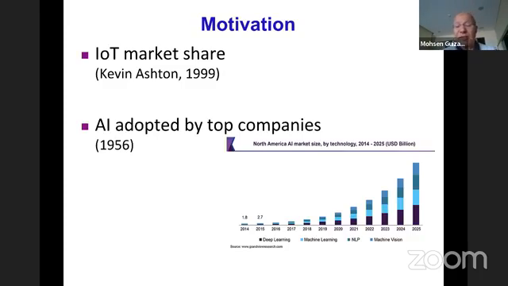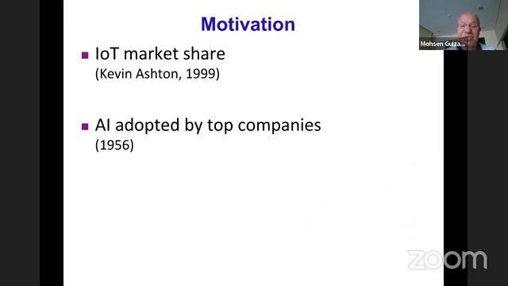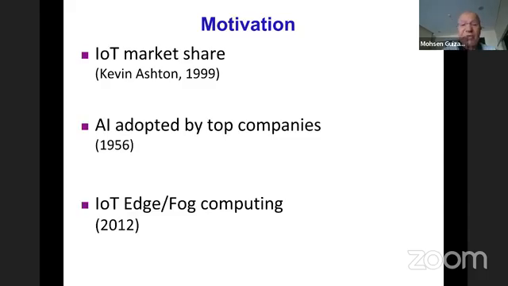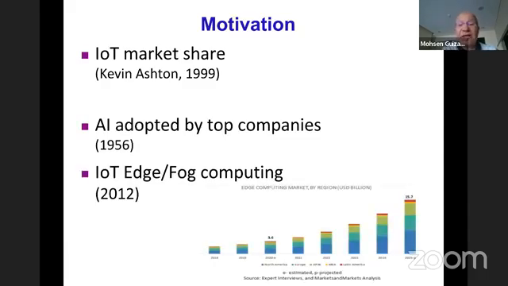As you can see in this chart, it has evolved and has included deep learning, machine learning, NLP, and machine vision. And IoT edge or fog computing has also been used since 2012